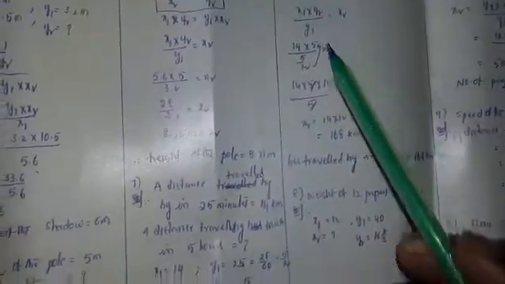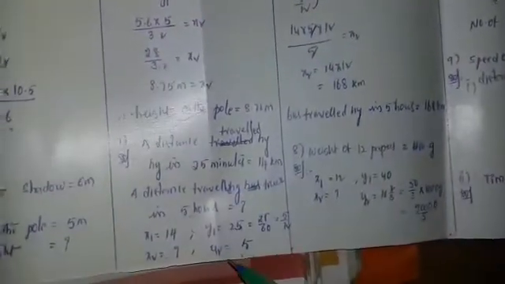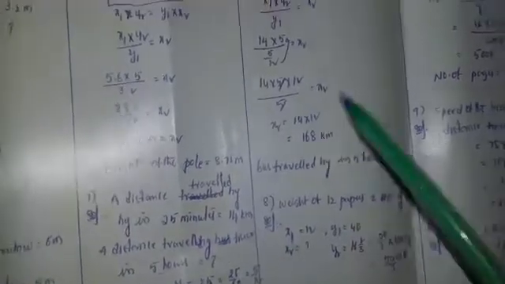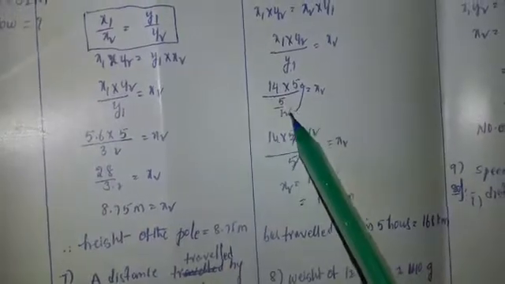What is the y2 value? 5. So 14 into 5 by y1 value, 5 by 12. Here the denominator again has a fraction, so the 12